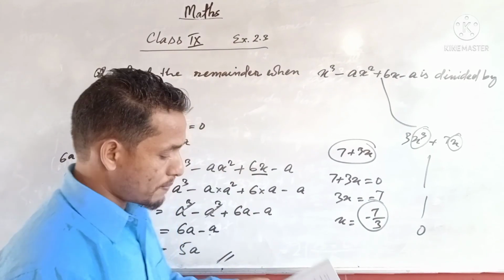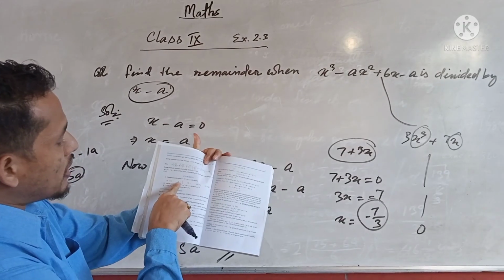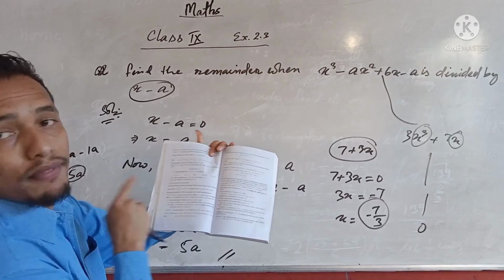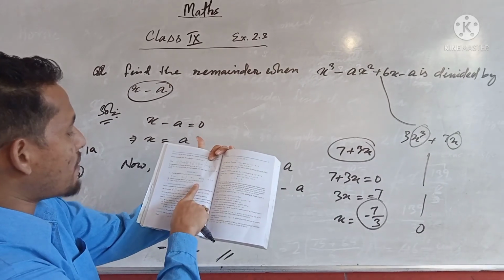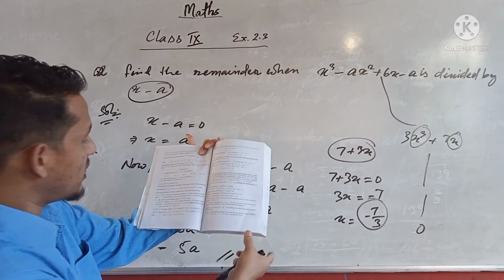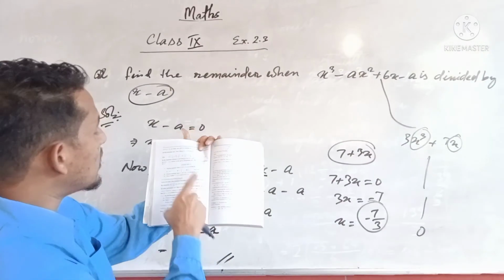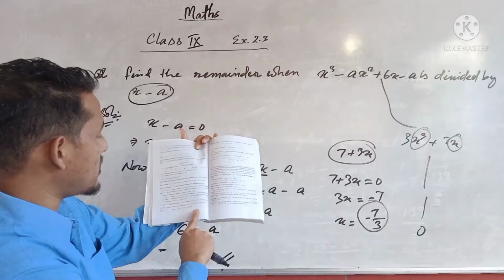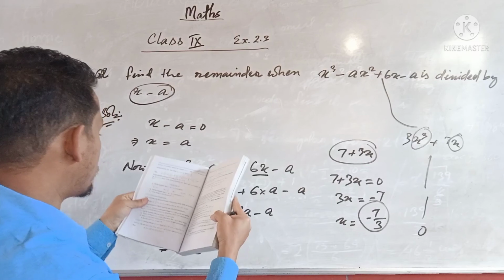The process is same. So today also in question number 1, Roman numbers 2, 3, 4, 5, you will try. In question number 3, you will try. And if you have any problem, you just ask me. Last time also I told you to ask, but you did not ask. So if you have any problem, you can ask me and I can explain in the next class. Okay, only this much for today.